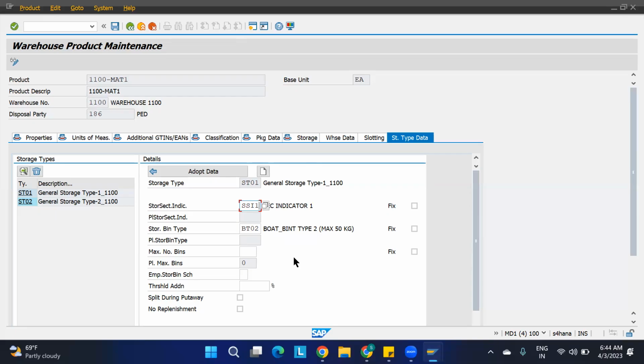Okay, so we'll see that. Definitely, a lot of confusion is happening because of this config. Because we do have fixed bin and we also have this kind of sorting and slotting. Then why are we doing that and why are we doing this? Yeah, that is what I said. Okay, now I got it. Few products can have the fixed bin, but most of the time they will go through these strategies only, because some individual materials have to be placed in certain different sections and different bin types. They're going to make these strategies, so it depends on